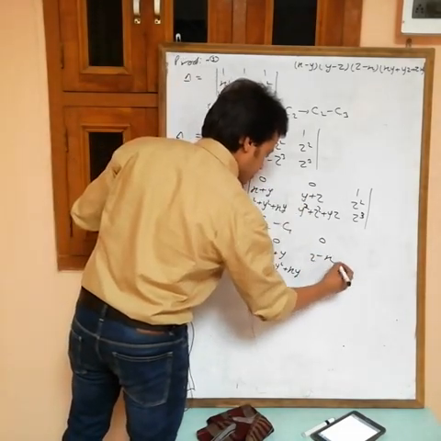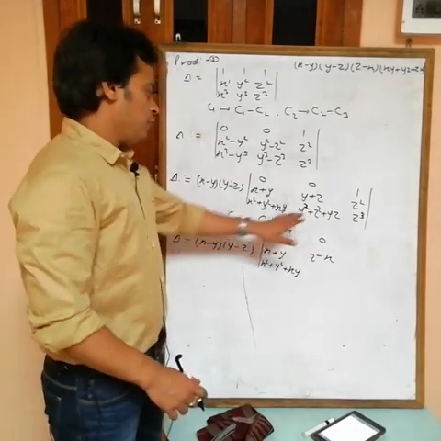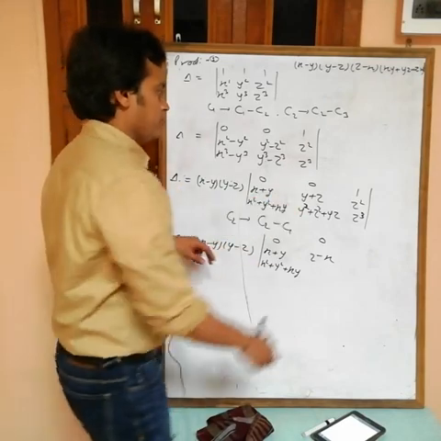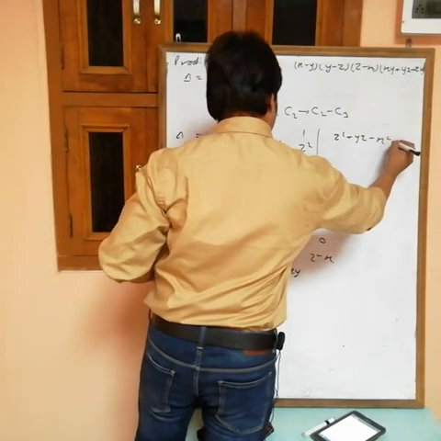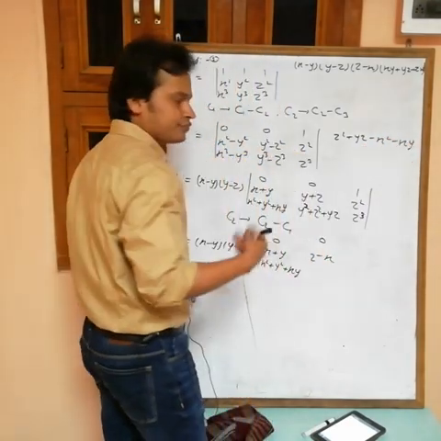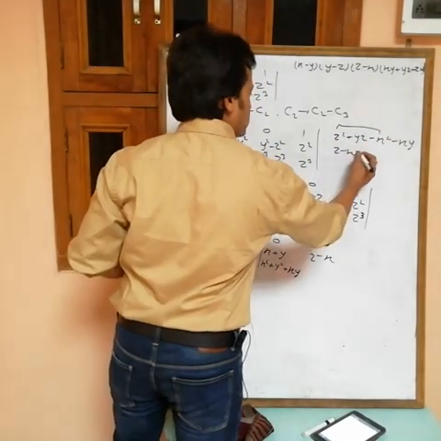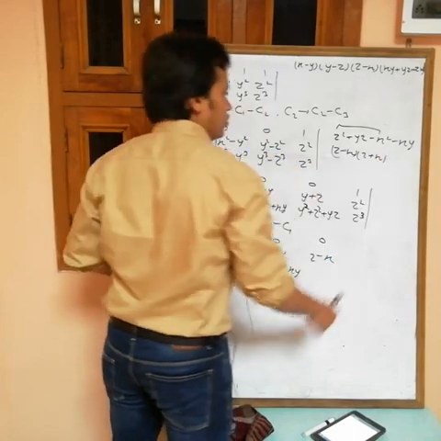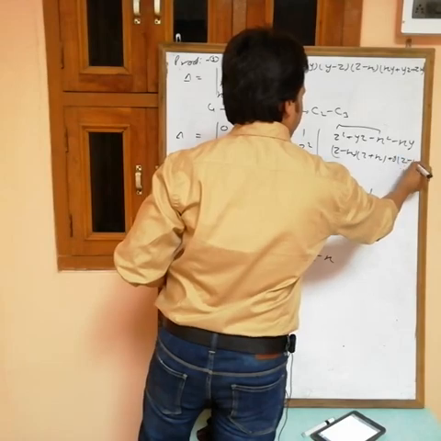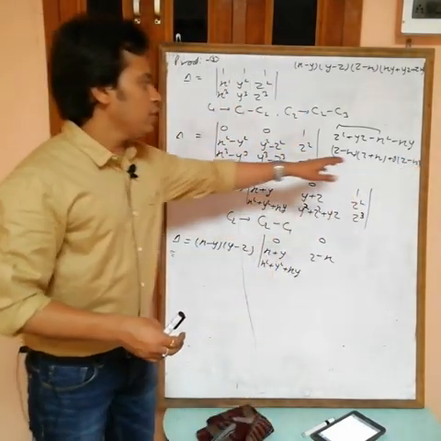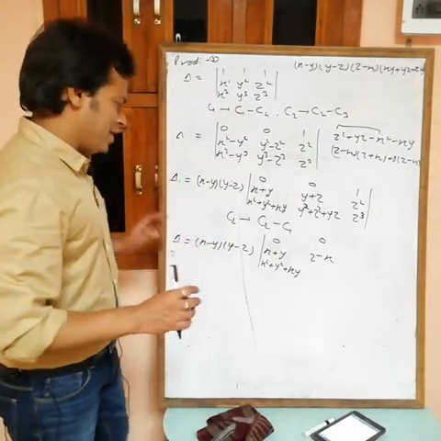Sorry, z minus x. And this one minus this one. From this one, if you subtract this one, then y square will be cancelled out, and you will get z square plus yz minus x square and minus xy. Okay. Z square minus x square can be written as z minus x into z plus x. In these two I can take common y, then what we are getting, z minus x. So again you can take common z minus x, then what you will get, z minus x into x plus y plus z. Okay, so I am writing directly.